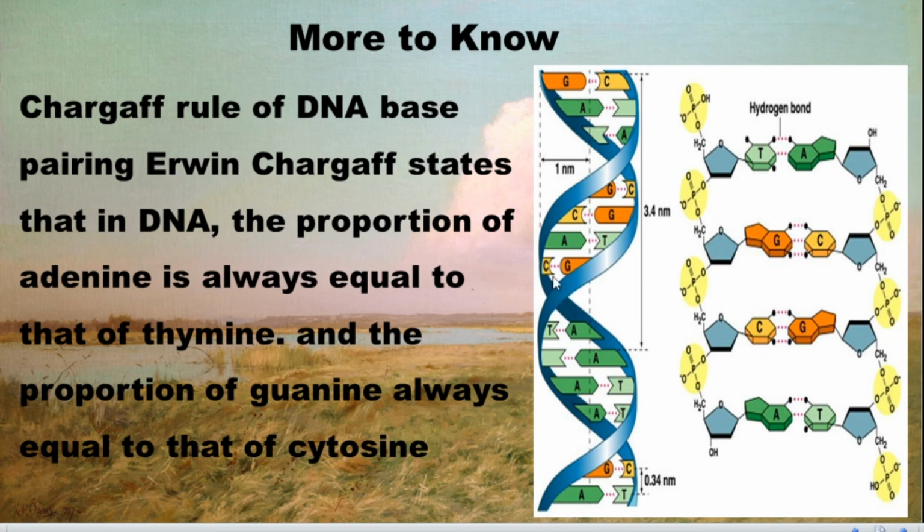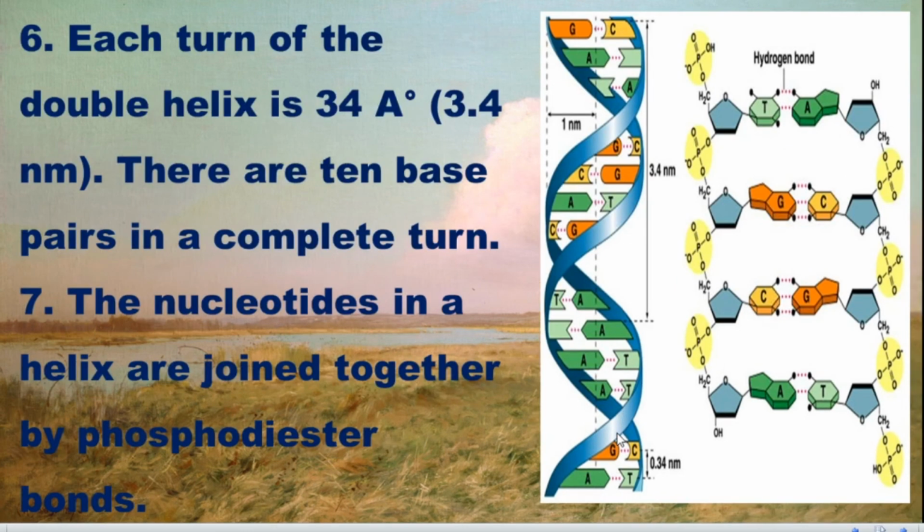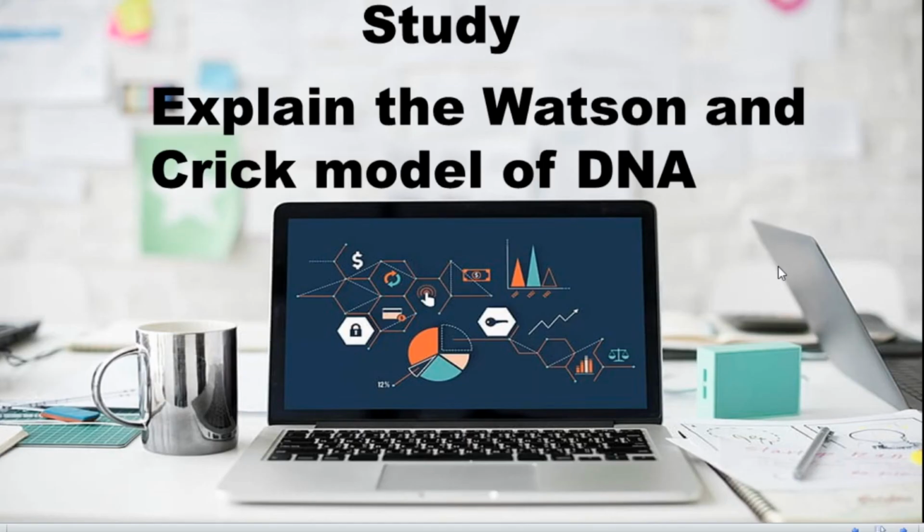So this is the thing. If you take the previous example, wherever you look at this, 2 adenine, 2 thymine, 2 guanine, 2 cytosine, the numbers are equal. So what do you have to study? The study materials explain the Watson-Crick model of DNA. We have to explain all the details. A very simple method has been given.